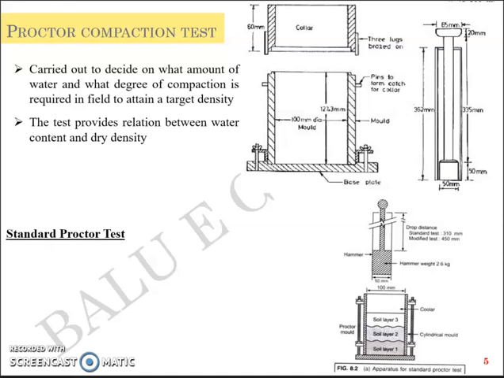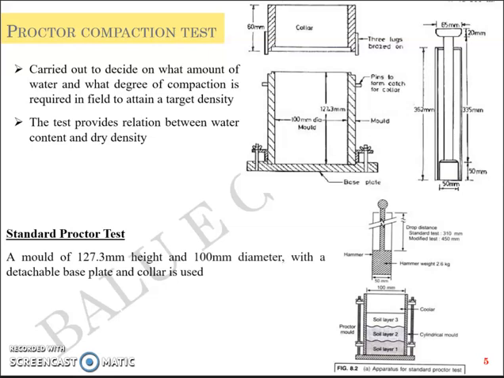Now the Proctor compaction test is usually two in number. In practice, number one is a standard Proctor test wherein you have a mold of around 12 centimeter height and 10 centimeter diameter, with a detachable base plate and a collar, the cross section of which is shown in this slide. And you have a hammer which is 2.6 kilogram of weight with a free drop of 31 centimeter,